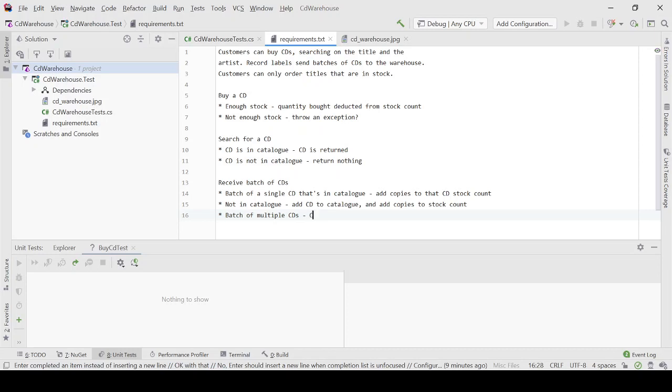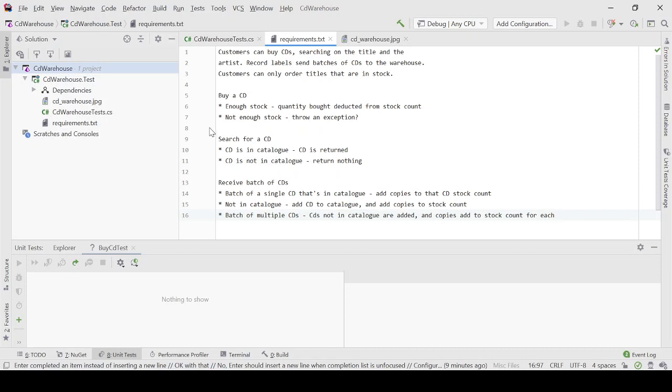So CDs not in the catalogue are added and copies added to the stock count for each, I should say. So we've got a bunch of test cases there that we might need to work through in order to satisfy